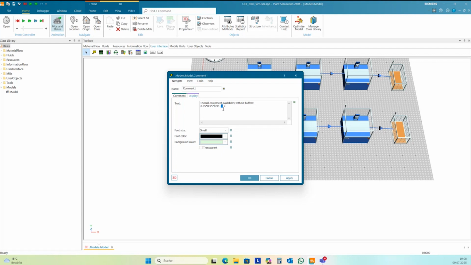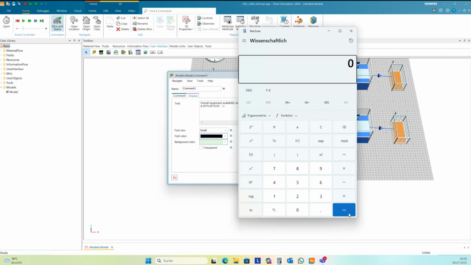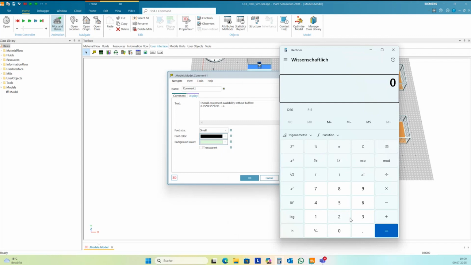Okay, and you can calculate this just by multiplying all the probabilities together, and it's 0.95 cubed.